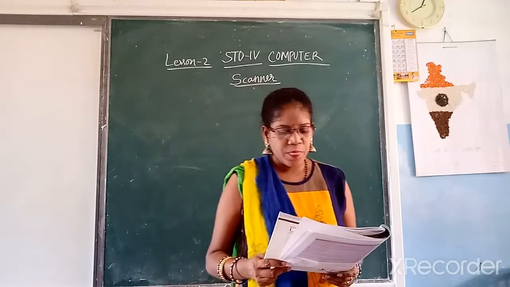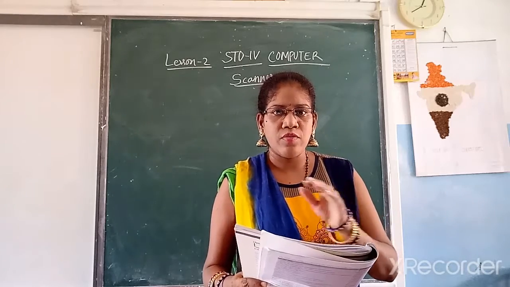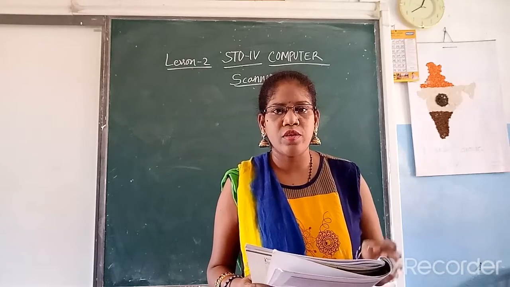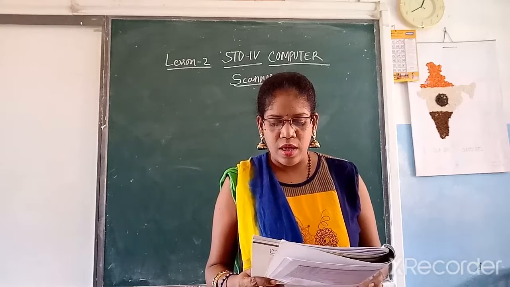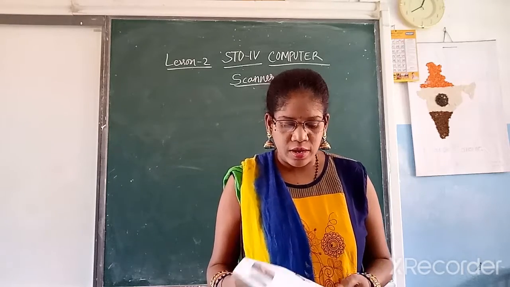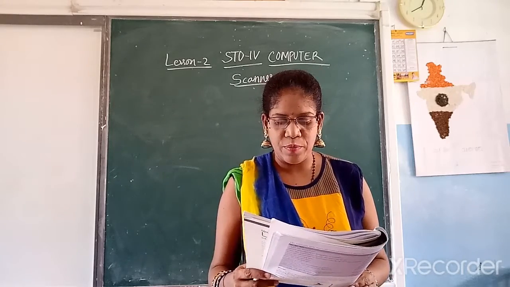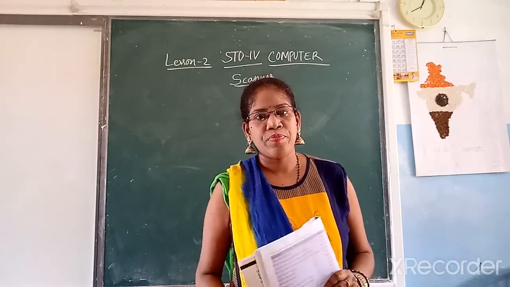Understood? See, this CCD transmit is small. When it is converting the image into an electronic image, it will transmit a small part of the image to the computer, and those cells are so small that it would take 3000 CCDs to scan an image that is the size of a pin head.